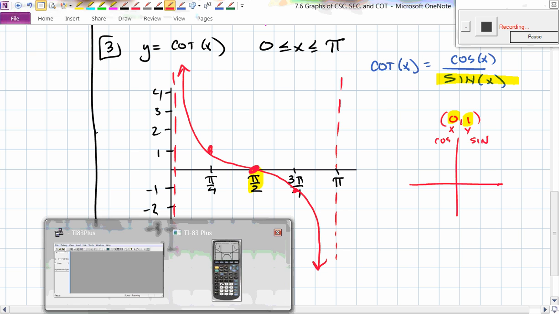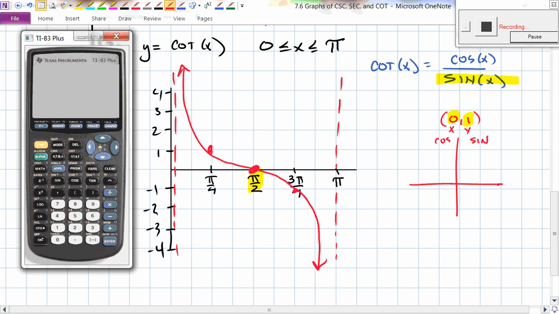All right, and I'll show you. I'll bring it up on the calculator. And this is the cotangent curve. Yeah, you got it. So I'll clear the first one out. I don't need that one anymore. And I'll just go 1 divided by tangent to get cotangent out of it. But I do need to change my window. I'm going to go from 0 to pi now, so second pi. My scale is going to be pi over 4, so second pi divided by 4. My y minimum, I can leave them at plus or minus 3. And then when I hit graph, I can see that my screen matches exactly what